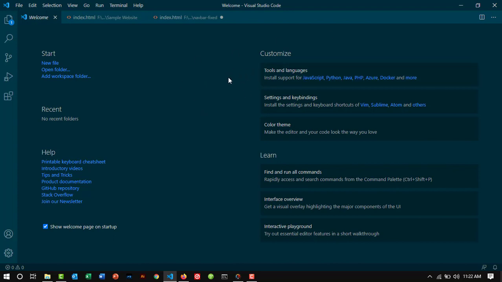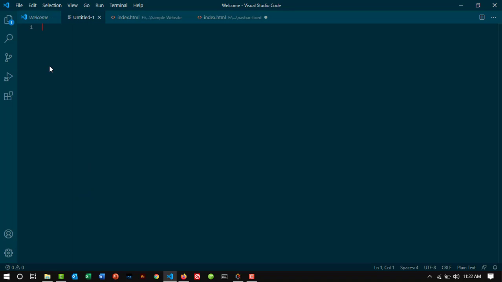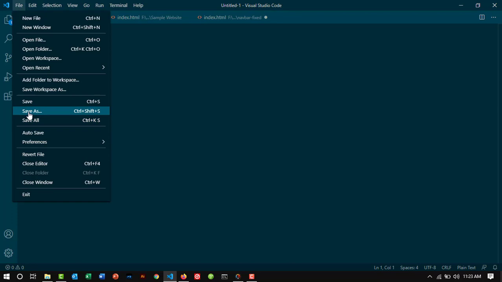So what I'm going to do from here is create a new file. This new file will contain the code for my fixed nav bar. So I'm just going to click a new file here. The new file will be created, and the first thing that I usually do when I create a new file is to save it. So I'll head on to File here, and I want to save this file. I'll go to Save As,